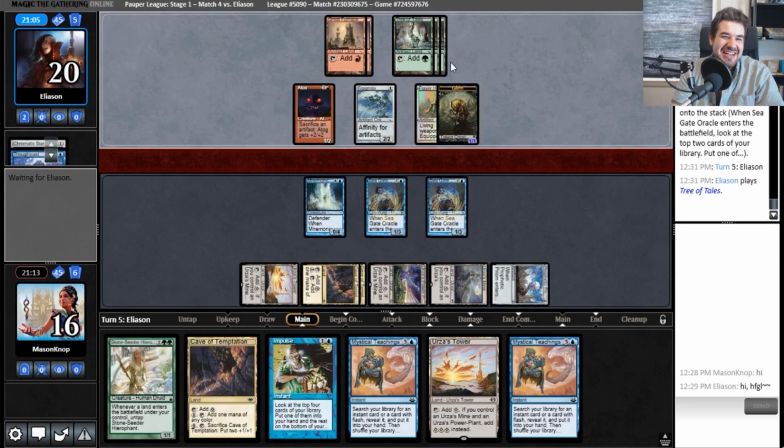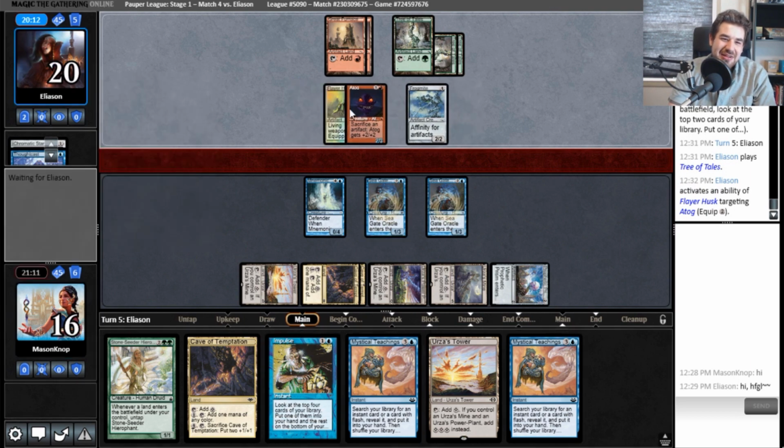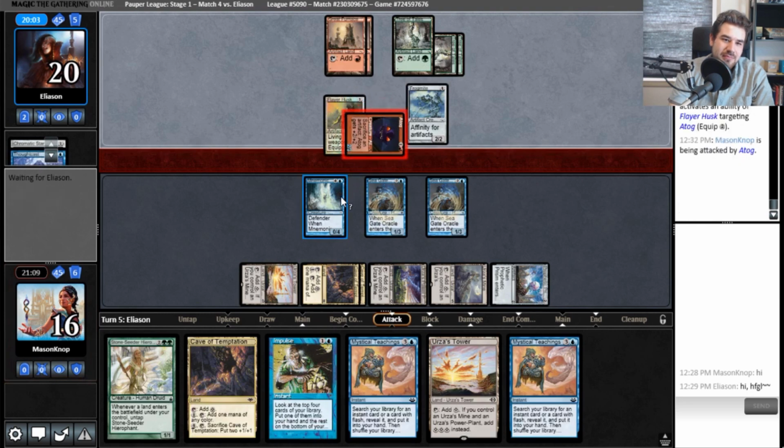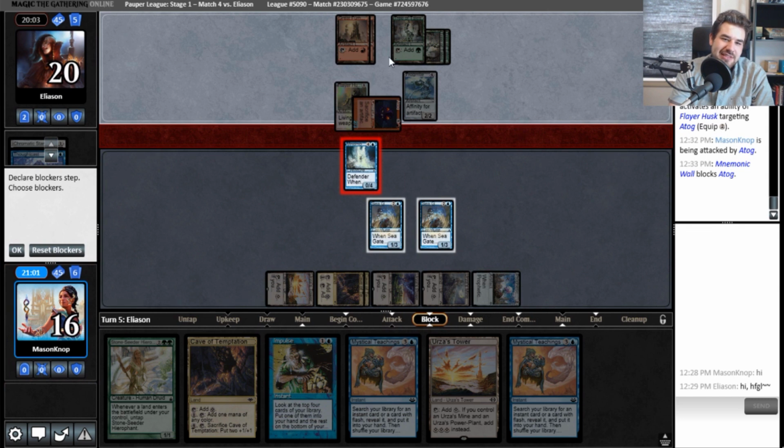Alright, come on. Don't leave us in suspense. I want to know, do you have quad Galvanic Blast? That's what I want to know. That would be the game. Springleaf Drum. And, like, Springleaf Drum, then Galvanic Blast, Galvanic Blast, Galvanic Blast, Galvanic Blast. I was about to say, that took them a second, and I was just thinking to myself, man, there's no way. Okay, I will block it with Mnemonic Wall for safety. I'll be blocking with that Mnemonic Wall. If they sack something to it...